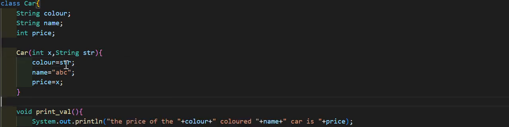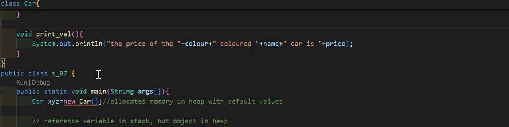Now let me show you something. As soon as I have made this a parameterized constructor, after uncommenting this, I added two parameters within the parenthesis, and now it has become a parameterized constructor. Now I will move to the main method part and I will show you something. See this red colored line. This was earlier not there, so this red colored line clearly shows us that something is erroneous in this case. So an error is taking place. There's an error in this particular line of code. Now why?